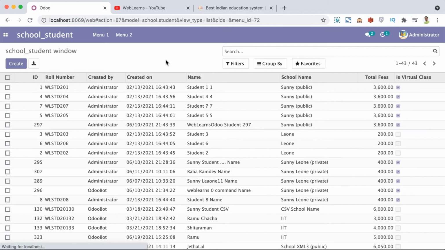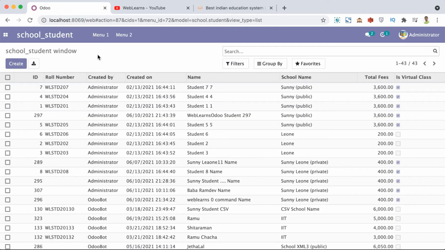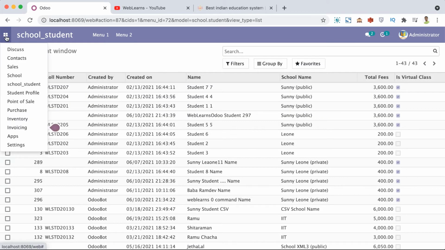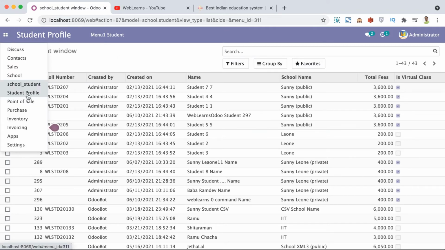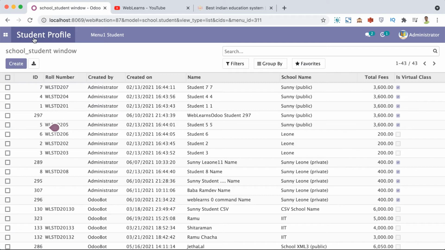Now I'm going to here. Now you can see student profile is visible. If I click to there, you can see it will redirect to the specific menu 1 student view. So this is the first menu, like this is the parent one, this is the child one, like menu 1